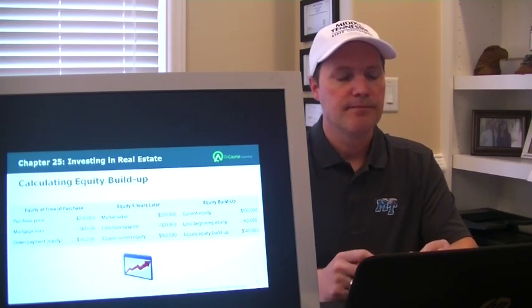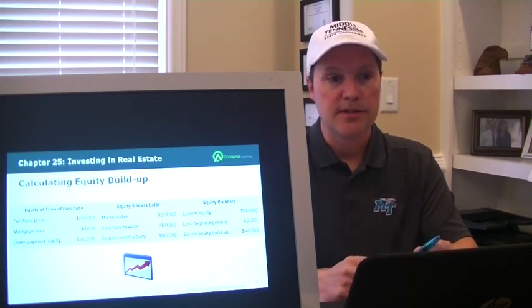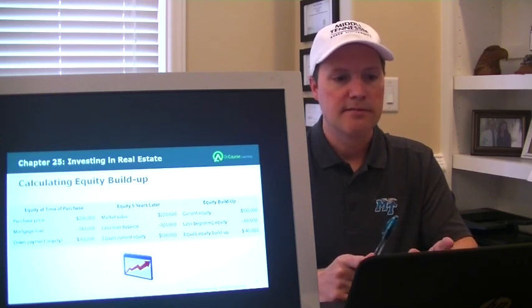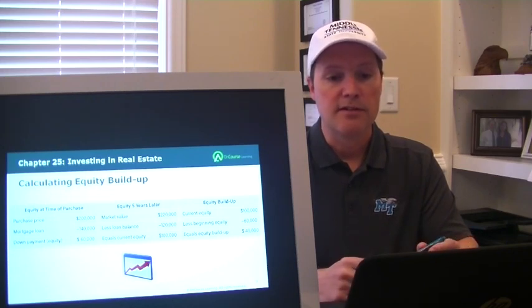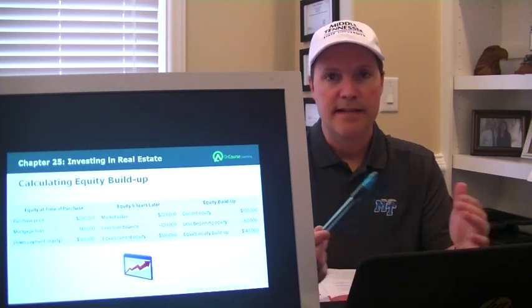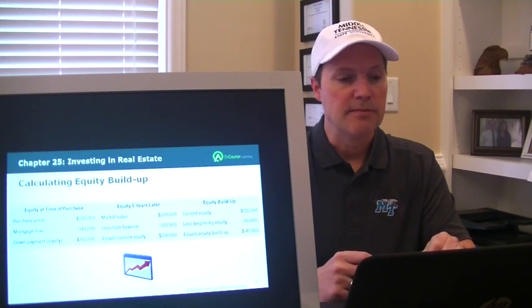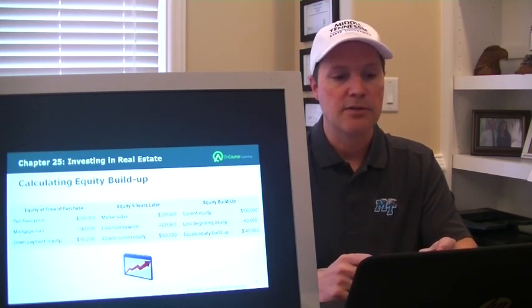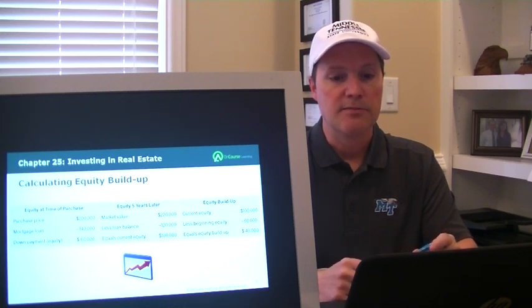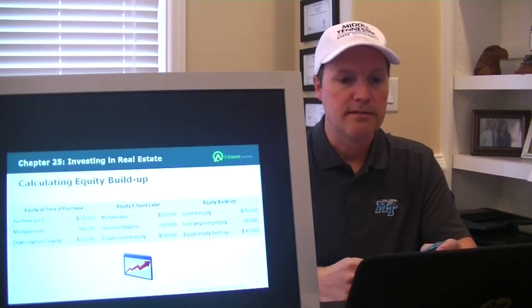Calculating equity buildup. Equity at time of purchase, then equity 5 years later, and then equity buildup. Okay, you see a purchase price of $200,000. Five years later it's $220,000, right? And then the current equity is $100,000. Mortgage loan of $140,000, and then you paid it down to $120,000. So the down payment is right around $60,000. The equity buildup: a down payment of $60,000 versus current equity of $100,000 is an equity buildup of $40,000. So you actually paid down that property by that $40,000, because you have that equity